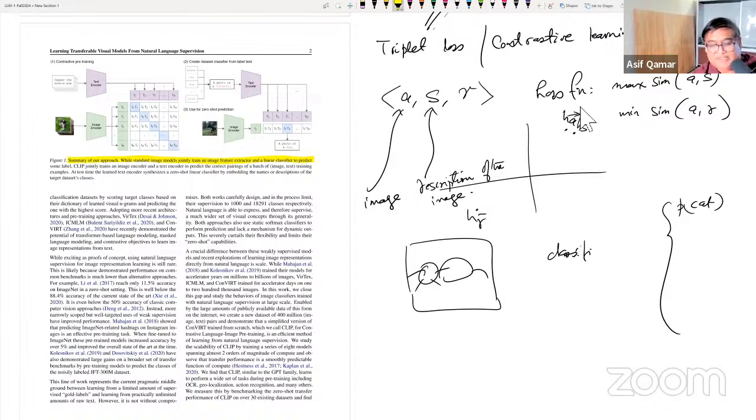Jointly train an image extractor and a linear classifier to predict some label, cat, dog, whatever. The CLIP, on the other hand,